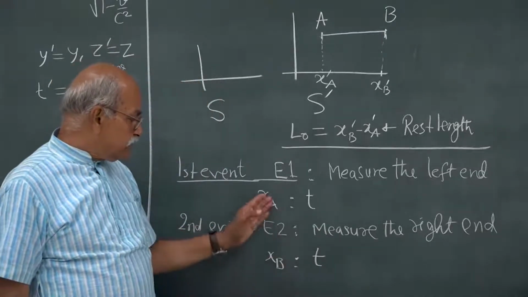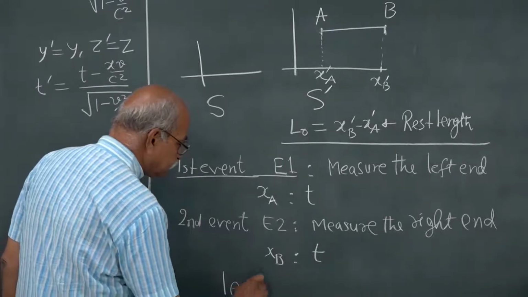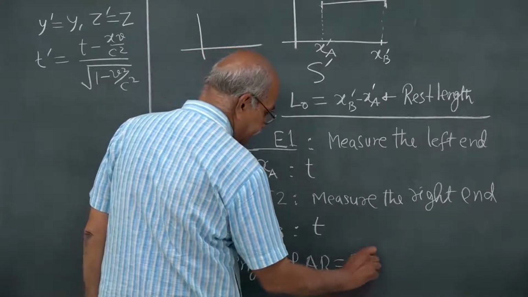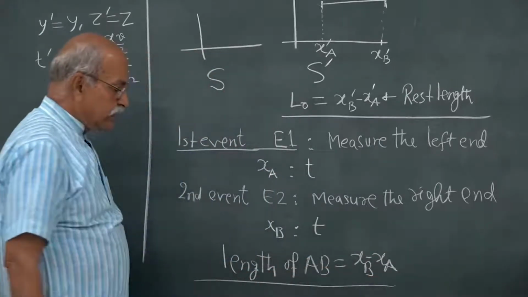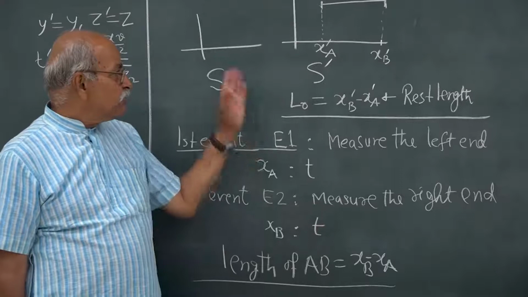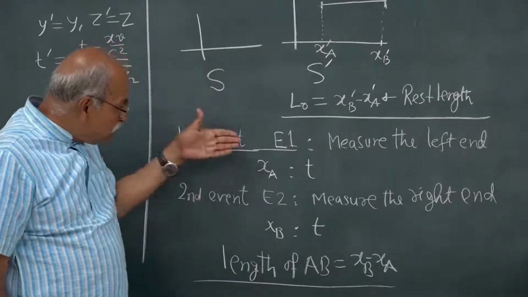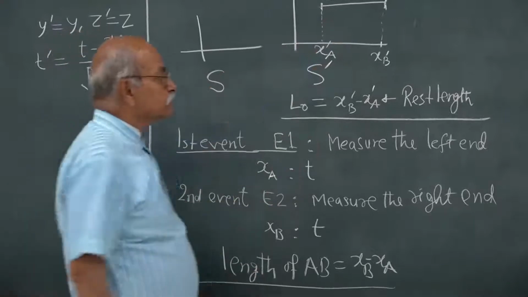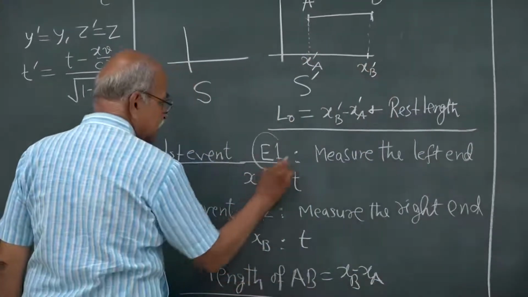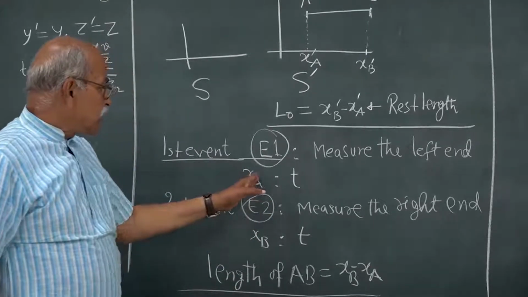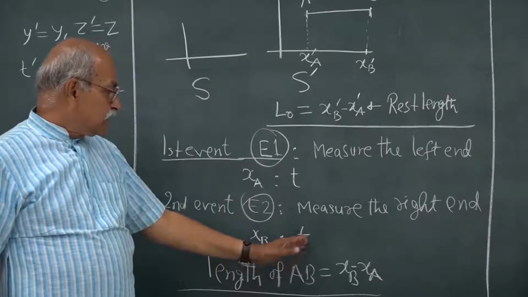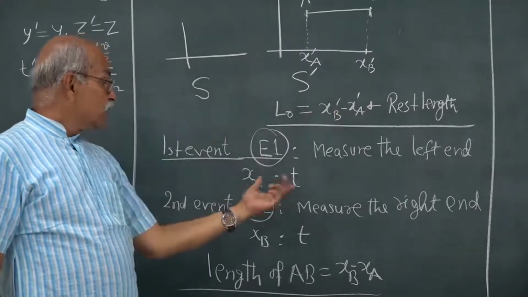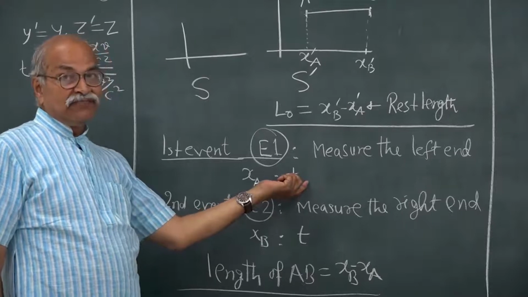So, these are the measurements, and therefore, the length of AB will be x B minus x A. This is the length of AB as seen from the frame S. Now, these two events E1 and E2 we will transform to S prime using Lorentz transformation. So, for these two events E1 and E2, I know the position, I know the time. If I take the S prime frame, what is the corresponding coordinate, what is the corresponding time? For that we will be using